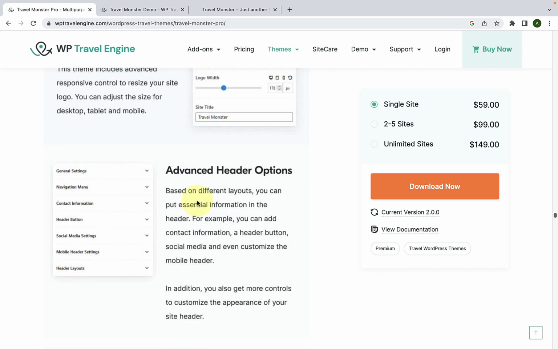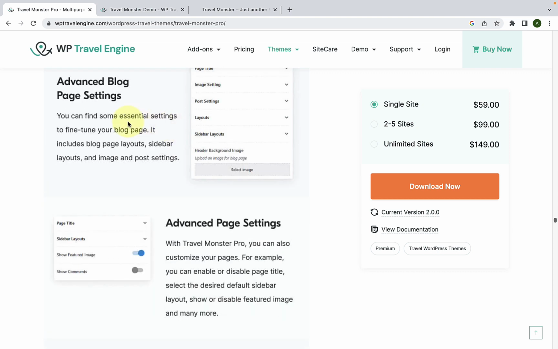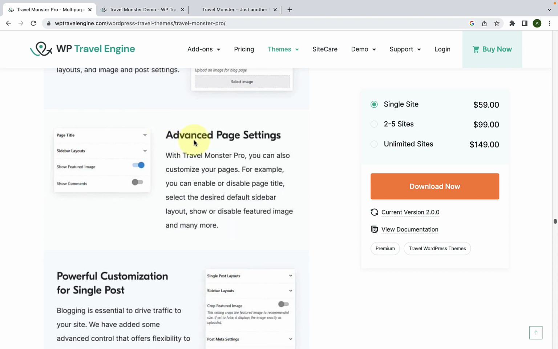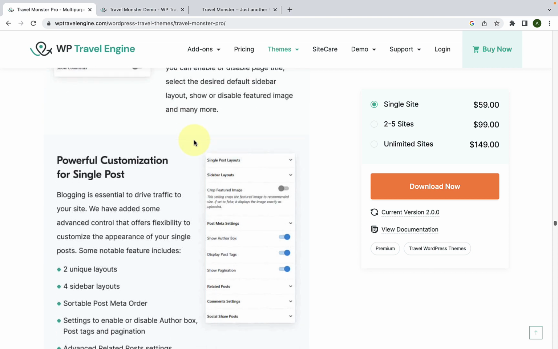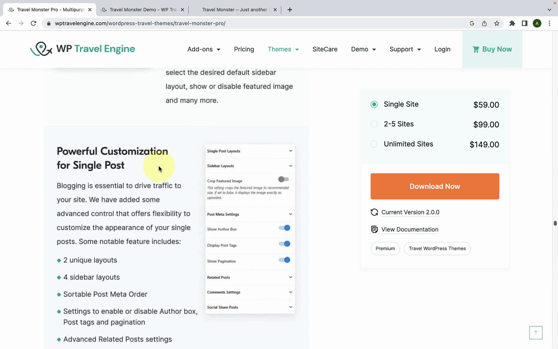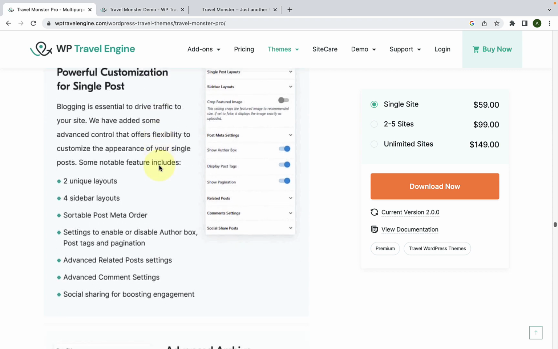With advanced header options, you can put essential information on the header based on different layouts, like contact information, a header button, and social media. You also get advanced blog page settings and advanced page settings, along with powerful customization for single post, including 2